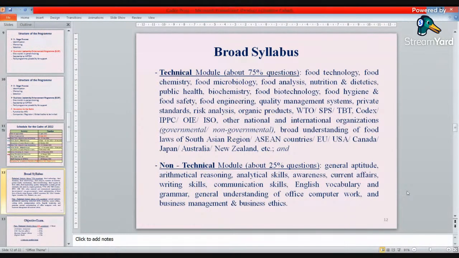As far as the Indian regulatory system is concerned, yes, we do expect you to understand what is DGFT, what is APEDA, what is AgMark, what is BIS, what is Quality Council of India, what is Jago Grahak Jago, you see on the TV many times. Now, these are things which you should be aware of in technical and non-technical areas. Go to the broad detailed syllabus and see for yourselves what more do you need to understand.